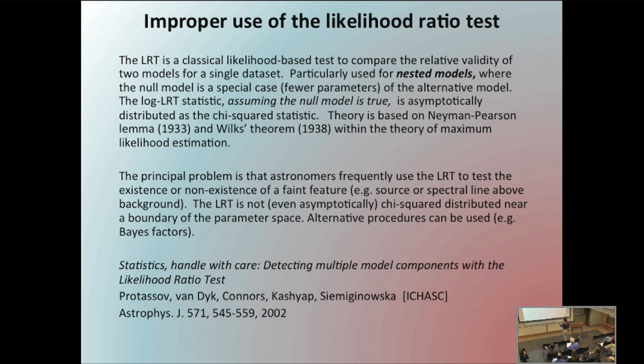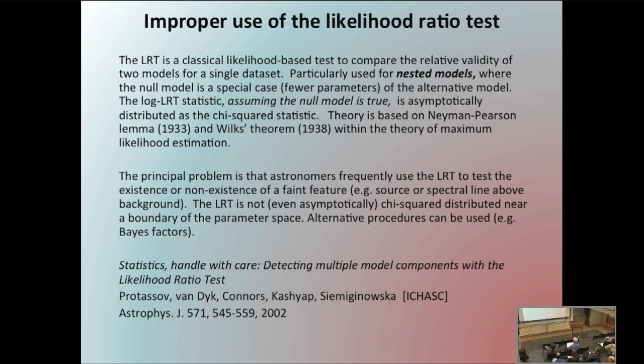First of all, it does assume the null model is true. That's the model specification problem. But if it is, then this statistic is chi-square distributed, at least asymptotically, which means for large n, for a large number of points. However, a certain group known as CHASC, in other words, Vinay Kashyap, Aneta Siemiginowska, and their colleagues,